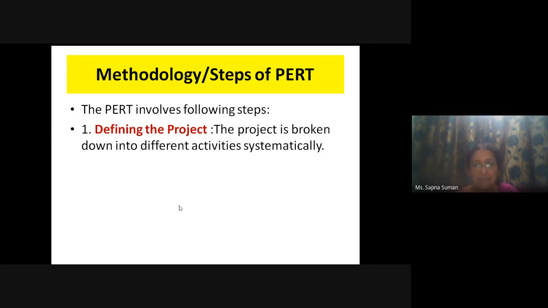Okay, and these tasks are represented by the nodes in the PERT chart. If you remember, in the PERT chart, the different activities or the different tasks of the project, they are represented by circles or rectangular boxes, which are known as nodes. So first thing is we have to simplify our project to make the things much more clear.